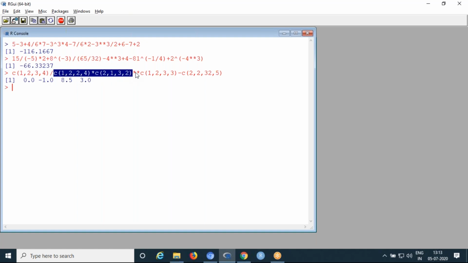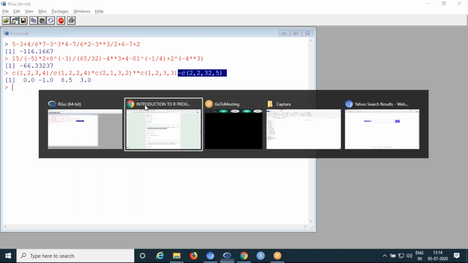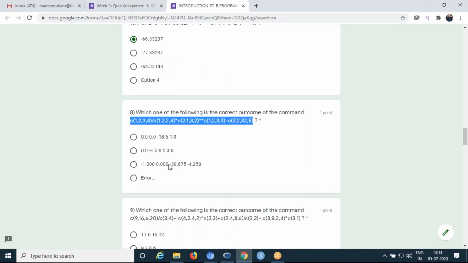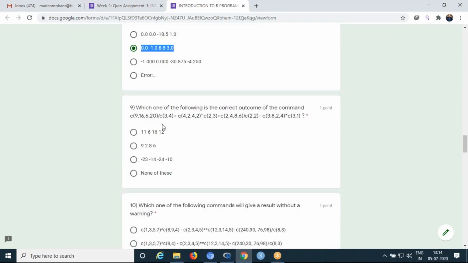Then the result. Then power of that. Then finally subtraction of this one. So finally here you can see on the left side how many values there are, 1 2 3 4. So 4 results will be displayed. So now 0.0, minus 1.0, 8.5, 3.5. So this one is matching. So this is the correct answer.